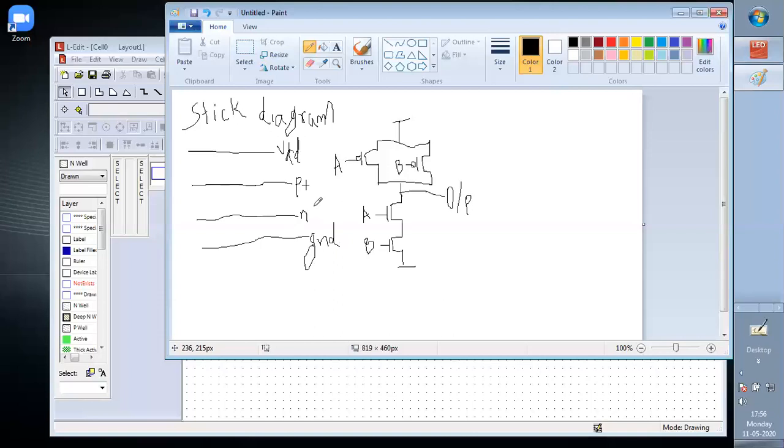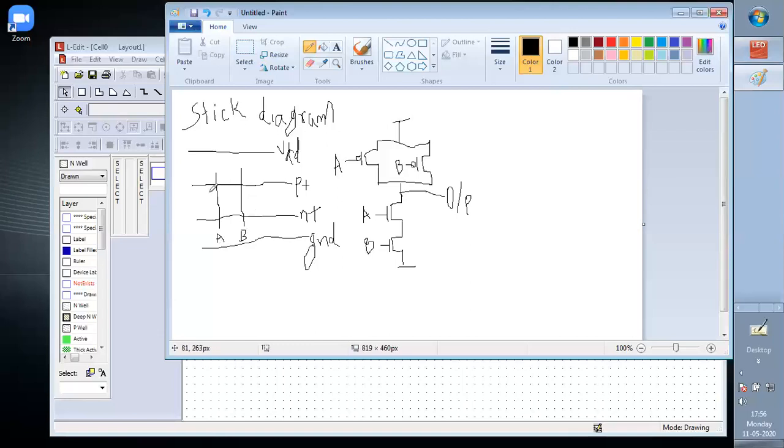And polysilicon is used for the gate terminal. Now here A and this A, they are shorted together. So here we draw a polysilicon and this is A. Because there are only two polysilicon, there is no need to find the Euler sequence, because it is unnecessary to waste time finding the polysilicon sequence. If more than two transistors are there, then we will find the Euler sequence.